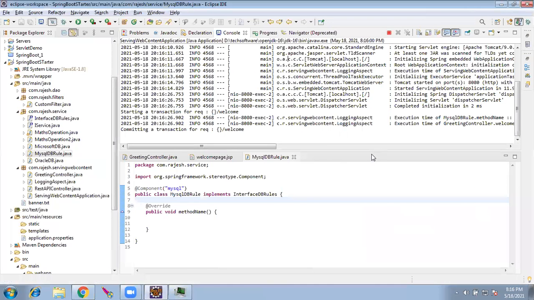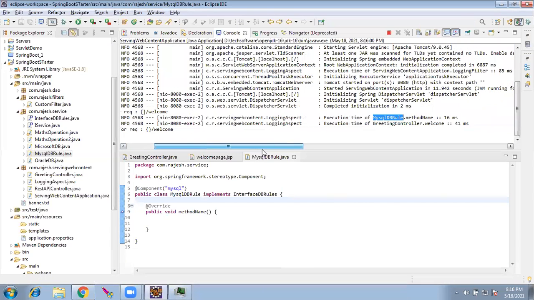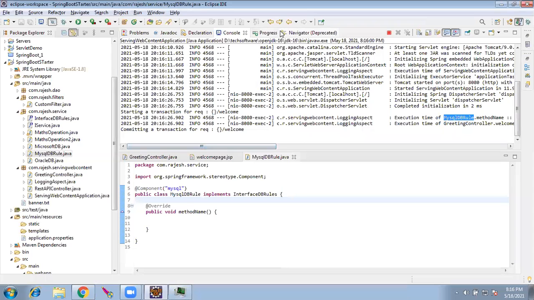Okay, so it is started. I hit this URL. The page is loaded. If we see here, yeah, here it is. It is going to the MySQL rule method name. So the control is going there. That we are sure now.